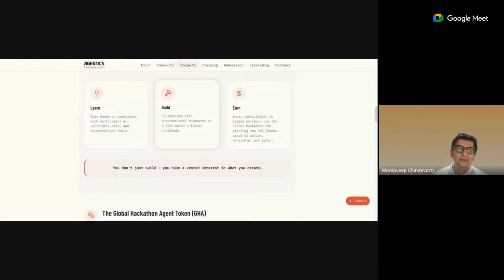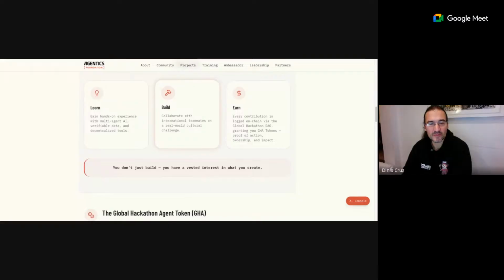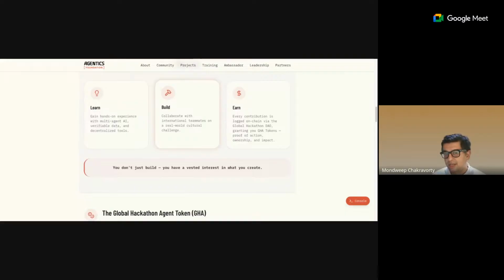This is basically about creating something of value, and whoever contributes, there will be a DAO or something similar. If it commercializes, then whoever contributes gets royalties on an ongoing basis. What do you mean by DAO? A decentralized autonomous organization. The whole blockchain concept, though we may not need a blockchain.